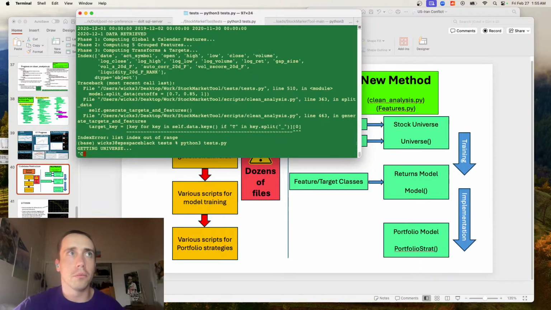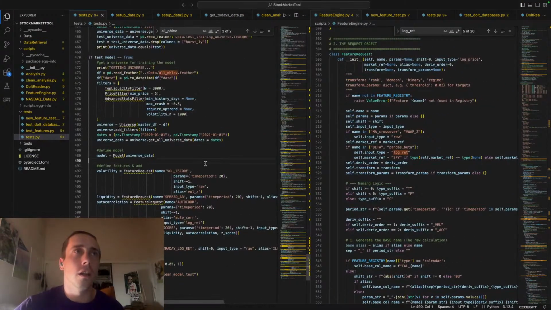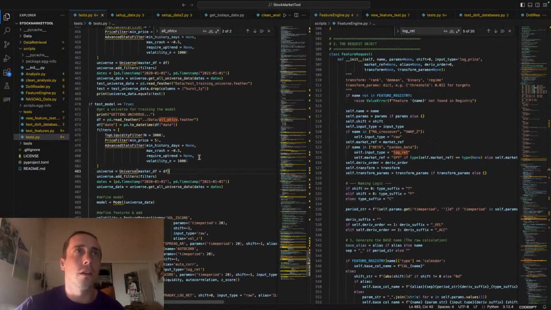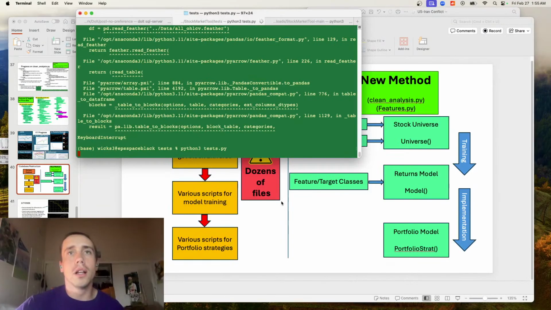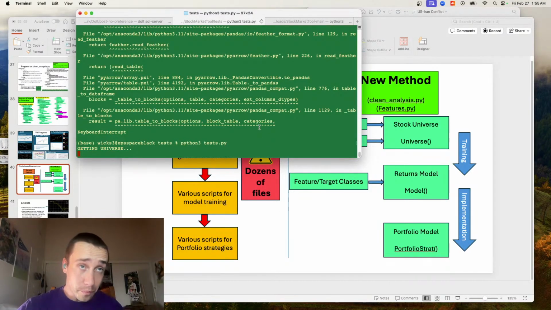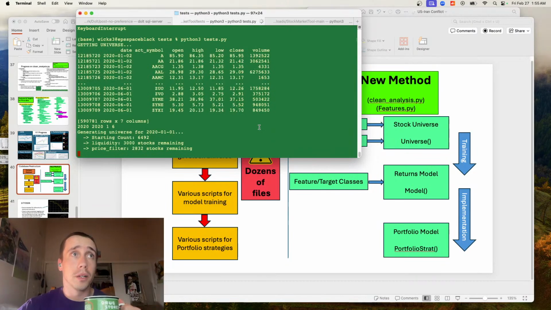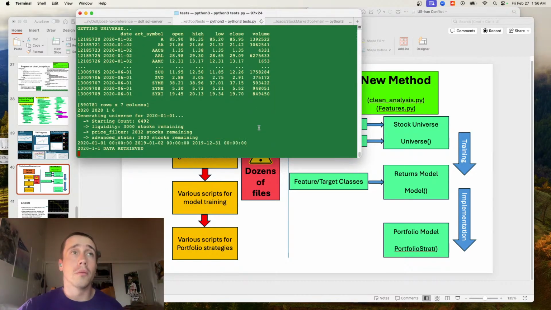This is taking kind of a bit to run, so I'm going to exit out and instead I'm going to get the universe. So this is 2020, the year of 2020. So instead I'll just do the first half of the year. Or I'll do the second. I'll do the first half of the year so we get the COVID crash included. Okay, so let's see. And I'm not trying to train anything here. I just want to test the code and look at the database.